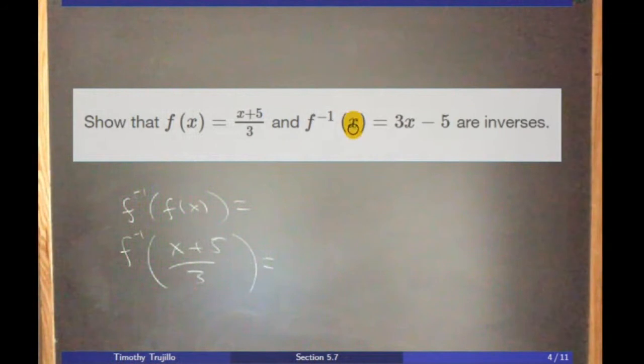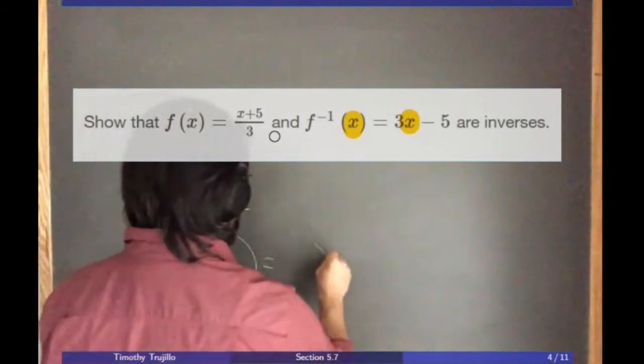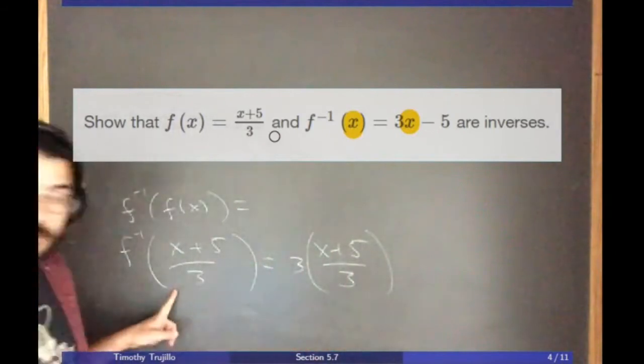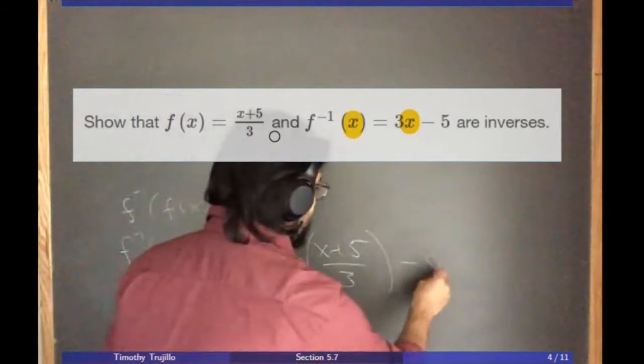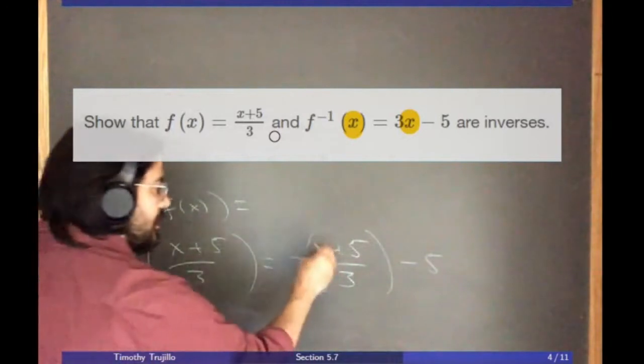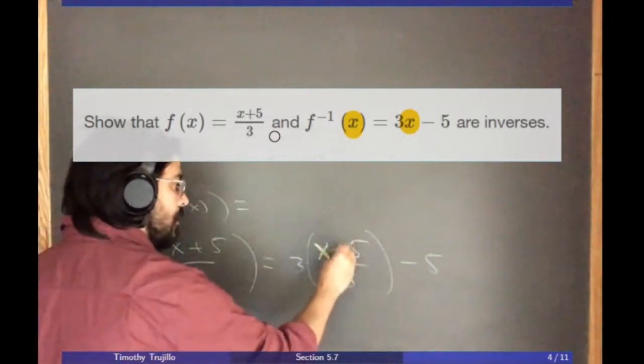What it does is it takes its input x, it multiplies it by 3, right? And then it subtracts 5 from it. So everywhere I see an x here, I'm going to replace it with this (x plus 5) over 3. So here, we'll get (x plus 5) over 3 times 3, and then minus the 5, okay? And again, I'm just going to highlight here in yellow where this x plus 5 is going. It's going right here